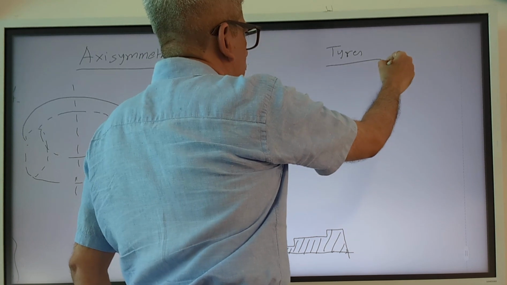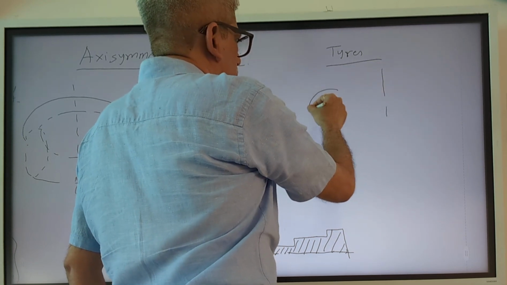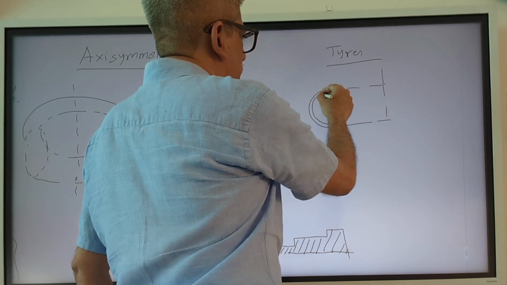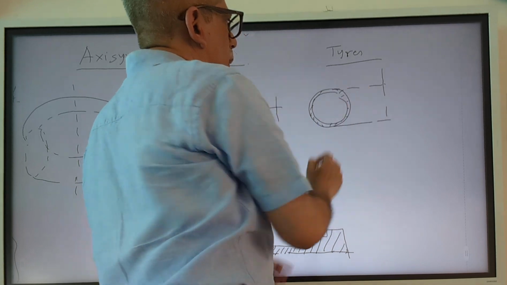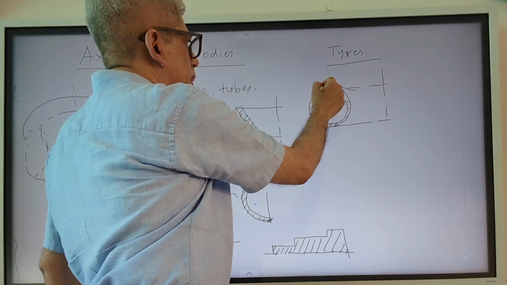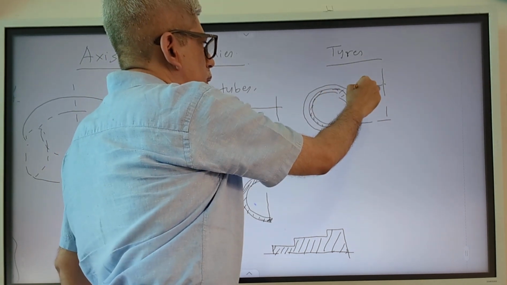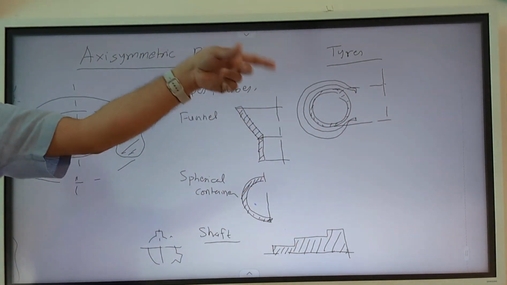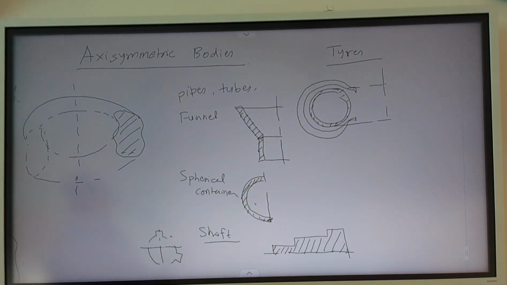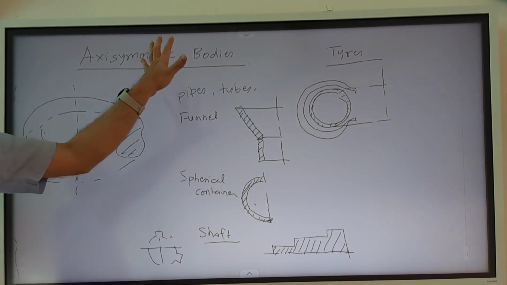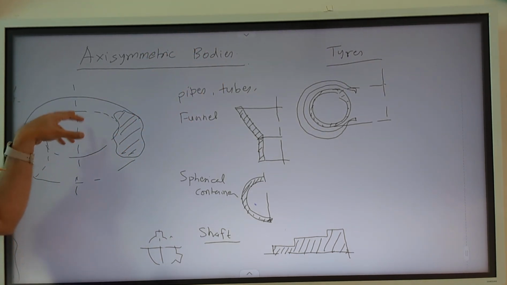So tires, in fact just approximating, will not have a perfect round shape. This shape could be any other odd shape. You can have a shape which is something like this, which is again revolved. If you ignore the grooves on the tire surface and all, as a body it is an axisymmetric body. So these are examples of axisymmetric bodies, and analysis of these can be done.